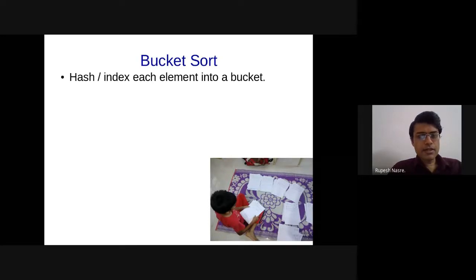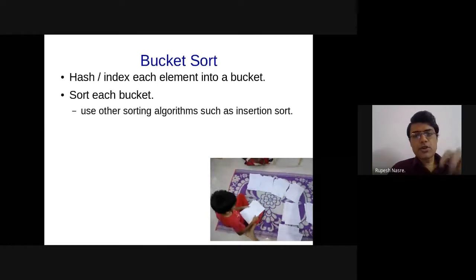So let's understand that in this discussion. When you are trying to push a particular answer script inside a bucket, essentially we are doing some sort of indexing. That indexing you can view as a hashing technique, where your bucket number is dependent on your roll number, right? So that is where the bit pattern or the digit pattern inside the value starts coming into the picture, right? And we sort each bucket. Individually sorting a bucket, which is going to be typically of a much smaller size, depending upon the number of buckets, is going to be relatively easy.